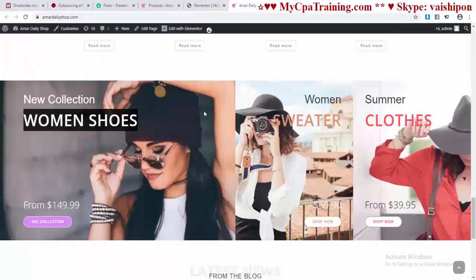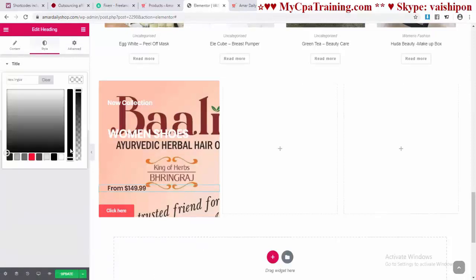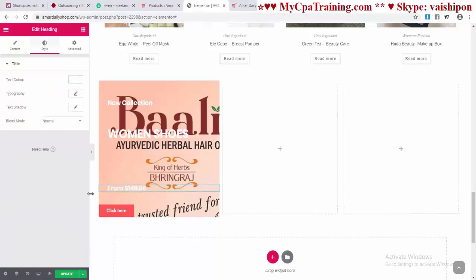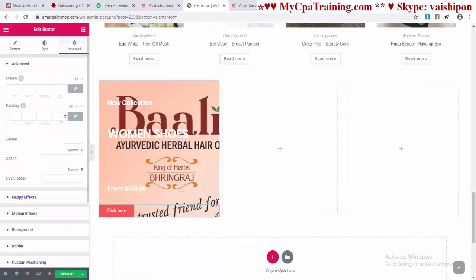And the third one is price, advanced, delink, padding 30, style, color white. Okay. And the button, if I select the button, advanced, delink, padding 30 and bottom 30,